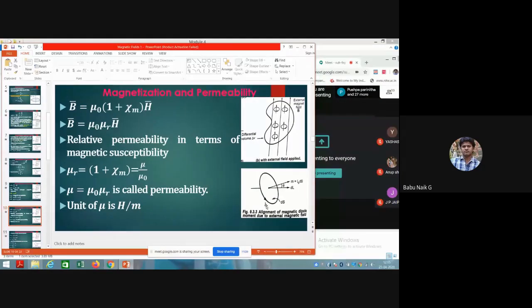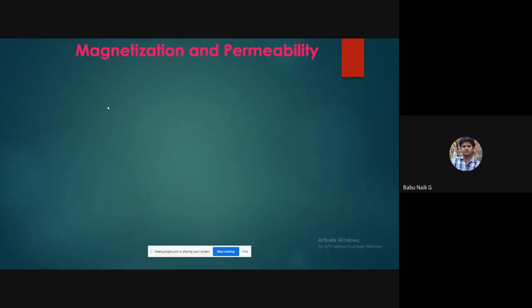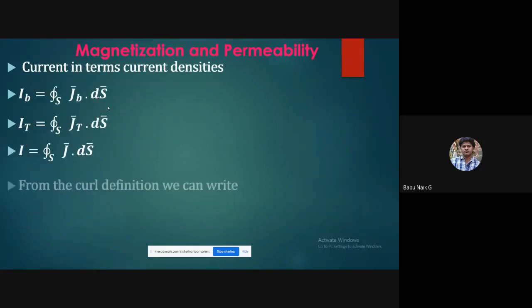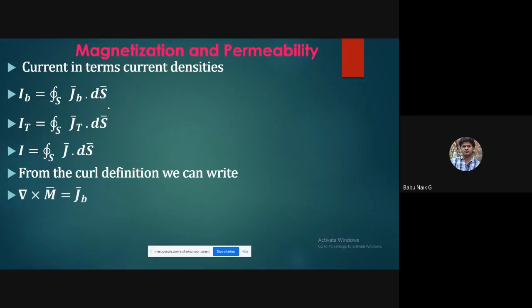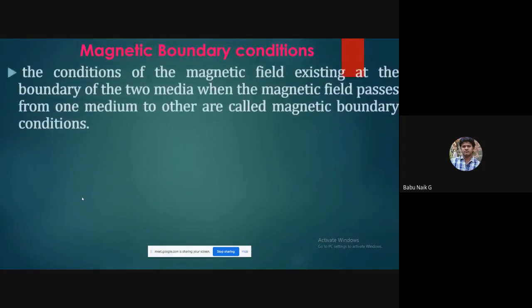Okay. So till this we have seen yesterday's class, the relations between magnetic field intensity and magnetic flux density, mu naught into mu r, and Henry. Now this also we have seen, some of the equation, the total current and the bound charges. With the same thing, you can take the curl also, that magnetization, which gives the current density on that material, and we can calculate it. So these are the yesterday's revision classes we have seen.